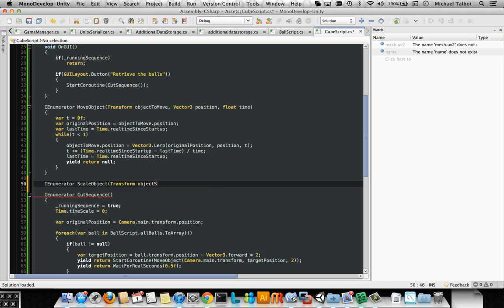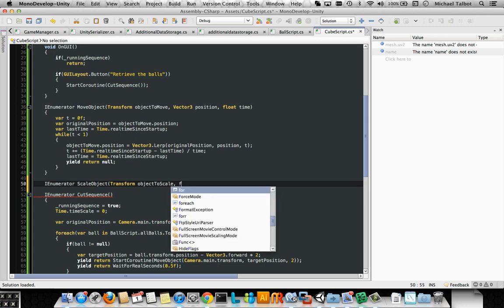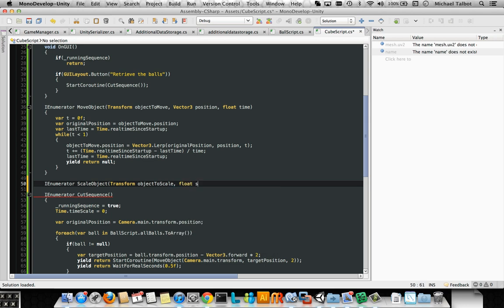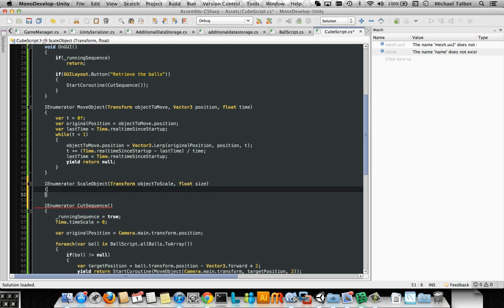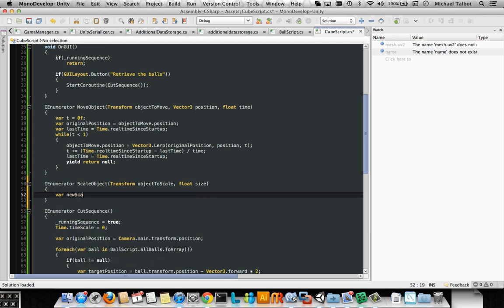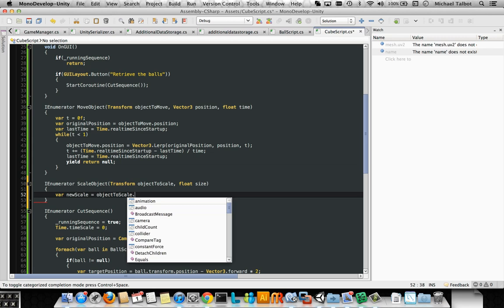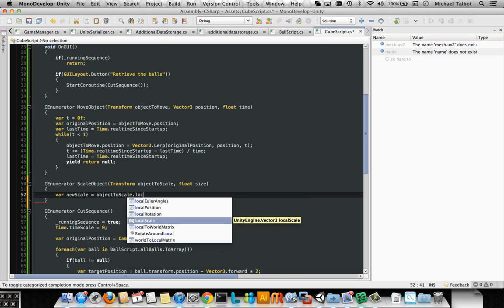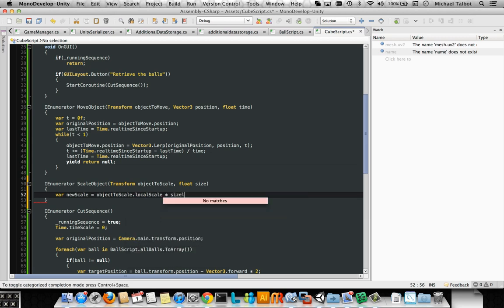The object we want to scale, and the size. So new scale is going to be equal to object to scale's local scale times size,